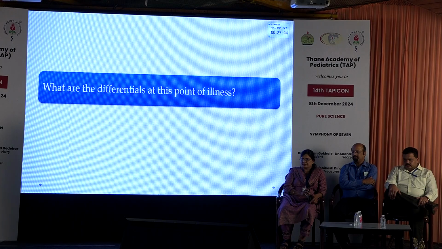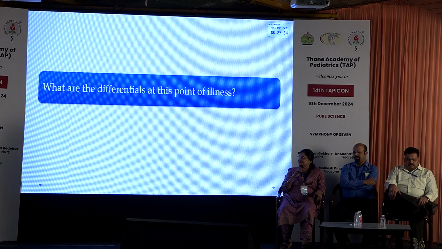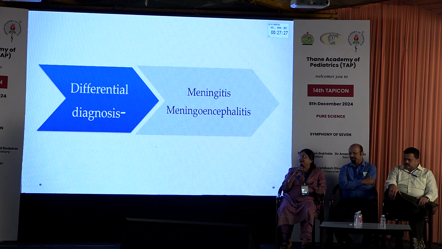So what are the differential diagnoses at this point of illness? We are clutching onto straws. So if there is one finding that is there, and that is terminal neck stiffness, I will take it as the finding and think of meningitis as the first possibility. Although we know that typhoid fever can cause meningismus and some terminal neck stiffness, even in that event I would still consider meningitis and think of doing a lumbar puncture.